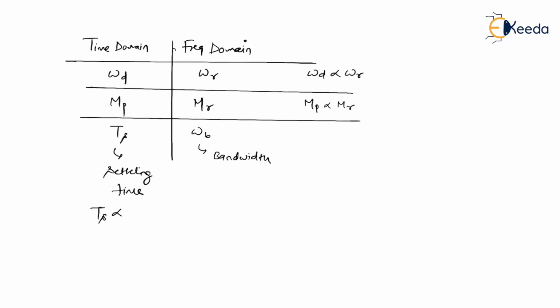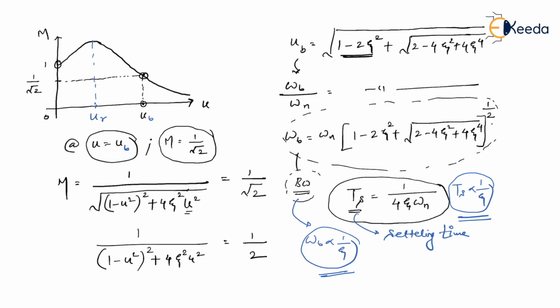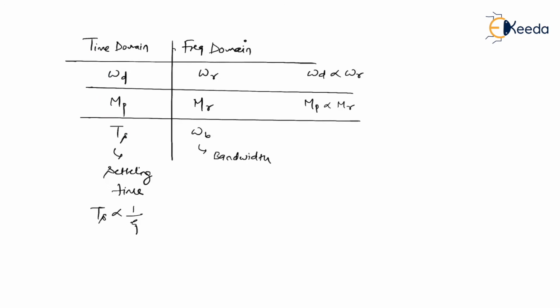So what we have seen, settling time is inversely proportional to zeta. But what about bandwidth? Let's look at this. The bandwidth is directly proportional to zeta. Look at this. It is not inversely proportional. Let me correct it. So since it is so, now I can relate this TS with the bandwidth like this. TS is inversely proportional to what? Bandwidth. So more is the bandwidth, lesser is the settling time, and vice versa. I hope you have understood the concept of frequency domain analysis for a standard second order system. Thank you.